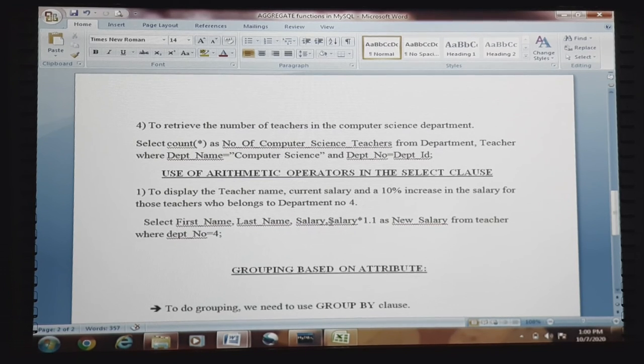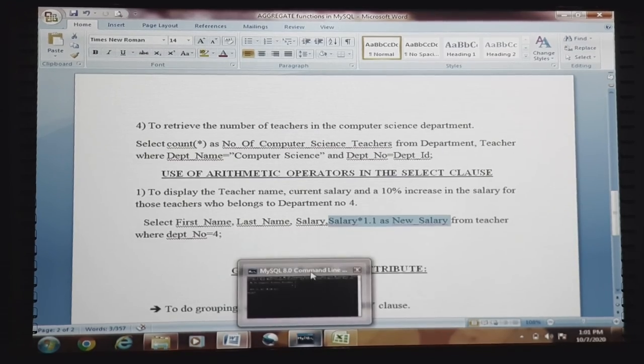Here this column uses the concept of alias, we are creating a new column, new salary, where the updated value will be inserted, from the teacher relation, where department ID is equal to 4. Here department number has been set because earlier it was department number which we changed to department ID. So we will execute the query and check how these things can be done.